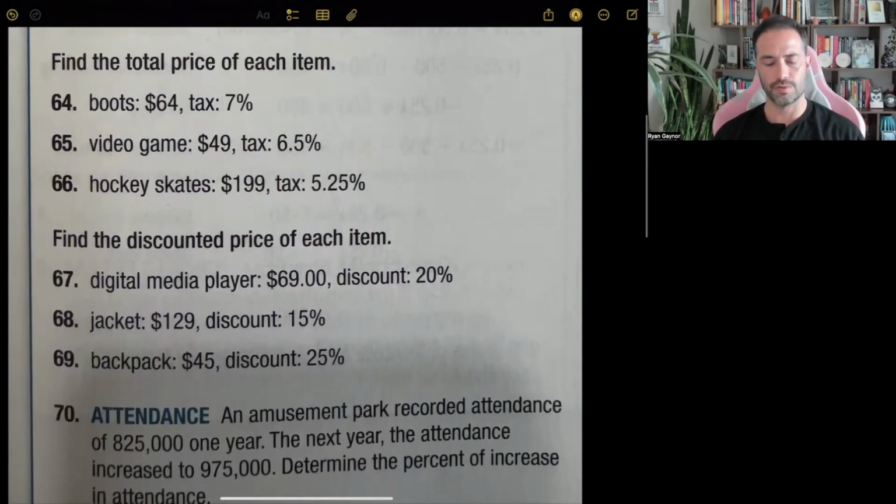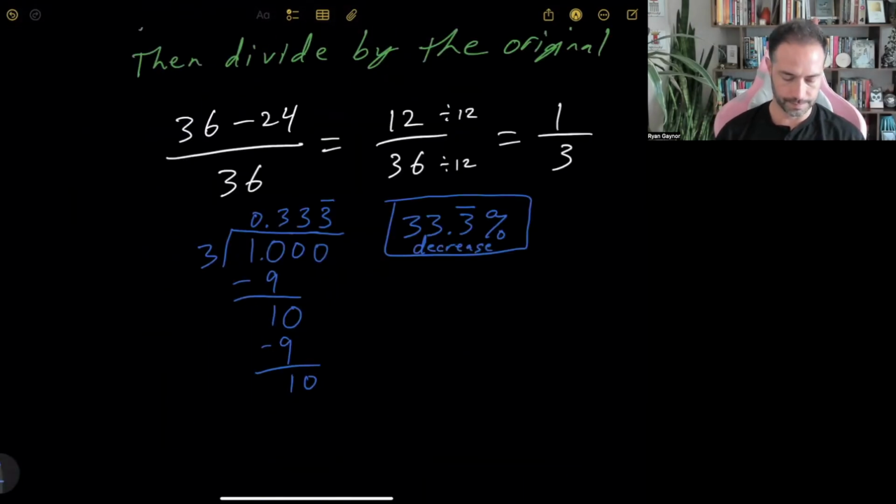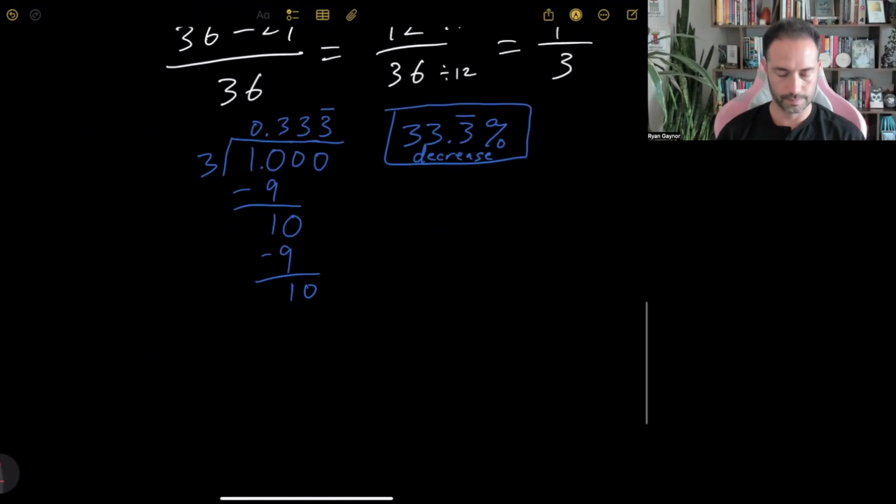Now we're gonna dive to find the total price of each item. So we're gonna work on percentages with taxes and things like that. Okay, so number 64 says $64, okay, for the boots, and then 7% in tax, and they want the total price for each item. Okay, so here we go. So we have $64 for the boots,